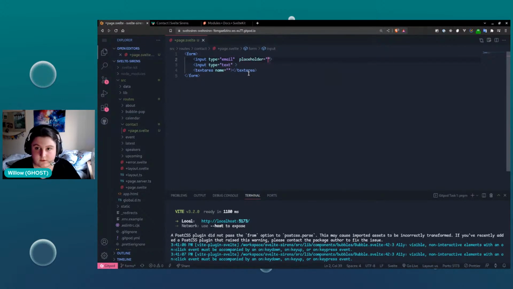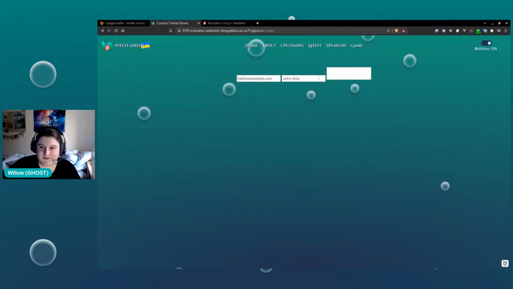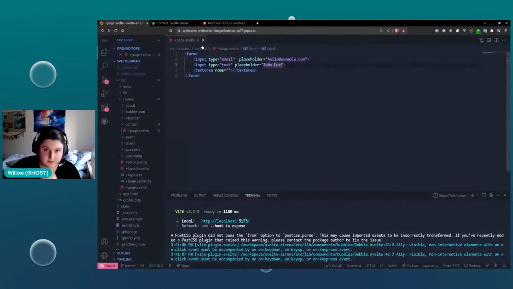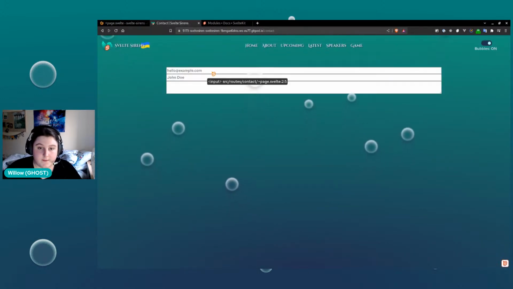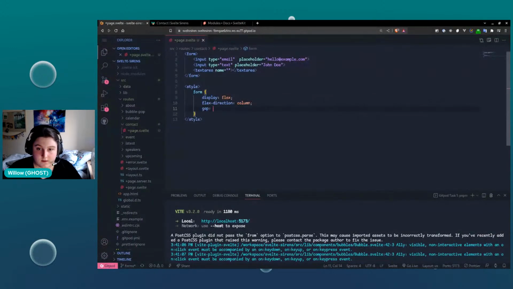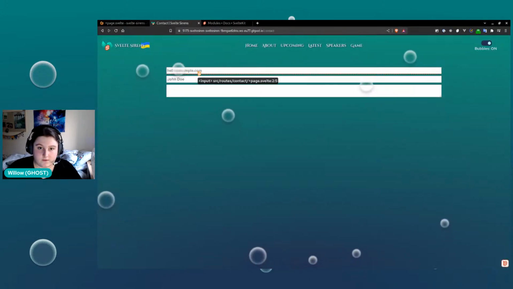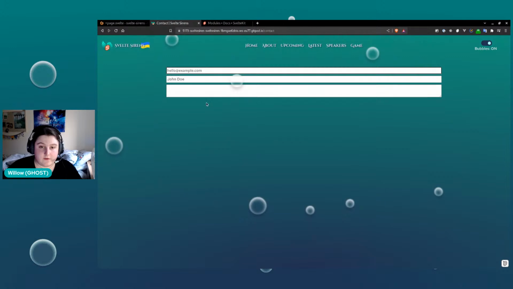Let's give this a placeholder just so we can see what it is. So an example.com. And then I don't know. I think that's quite a common one. And so we get in these inputs here, and just to make it a little bit nicer, let's make it a column, right? And then we can really start getting into what SvelteKit's doing for us here, right? If I was just to fill these in,